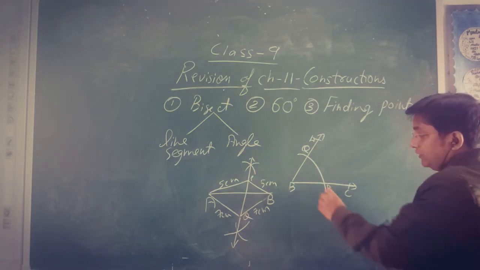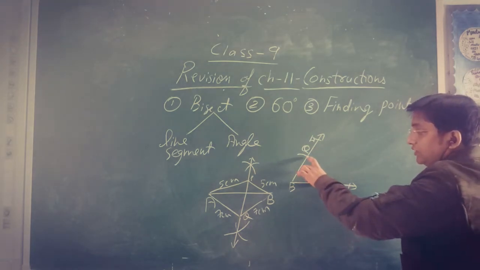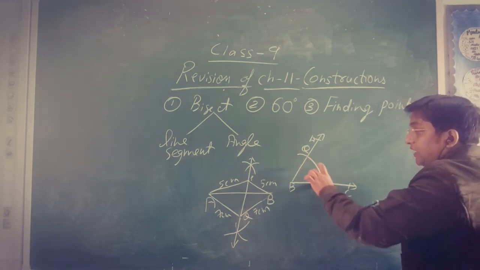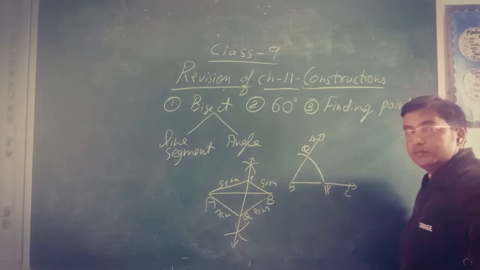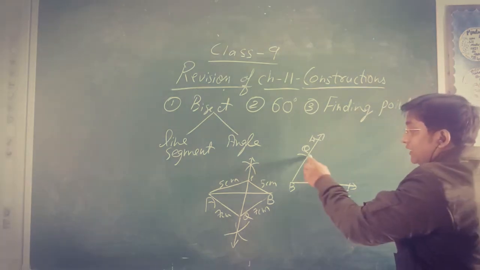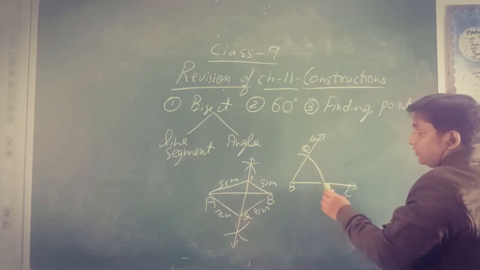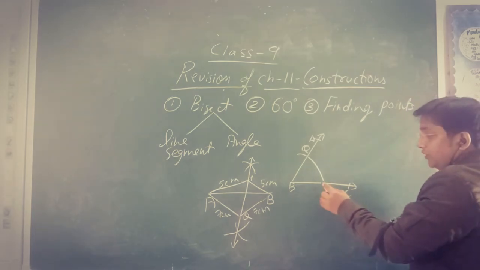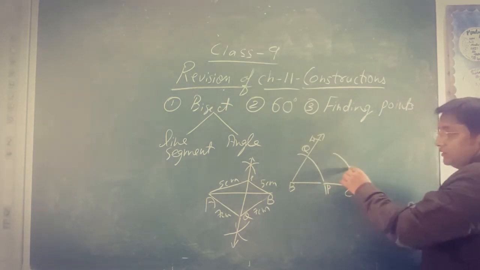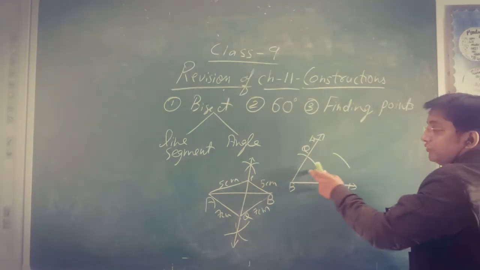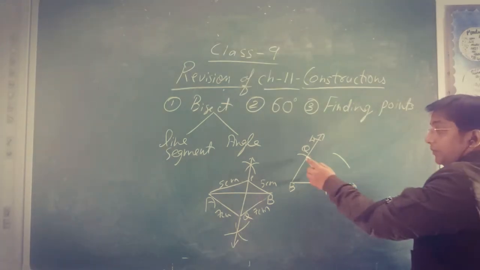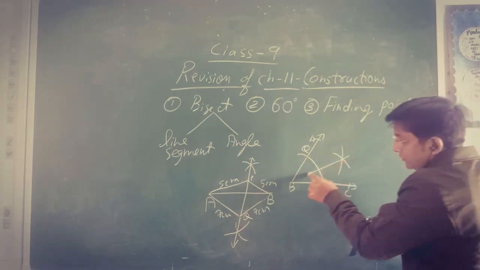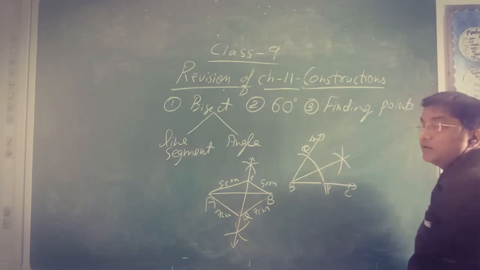Now look at this part. If you see this now, this is your angle starting from P and ending at Q. So this is the corner point. Now from this corner point, that is from P, you draw an arc. One side, this side is closed, we will not draw an arc. From Q with the same radius, draw an arc and join it. This is the bisector of this angle.